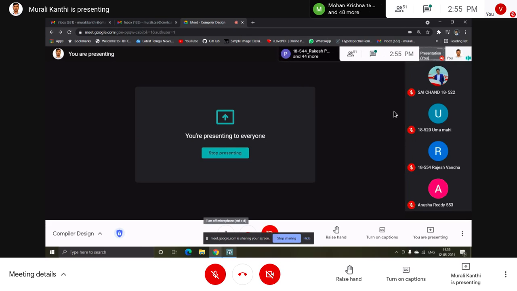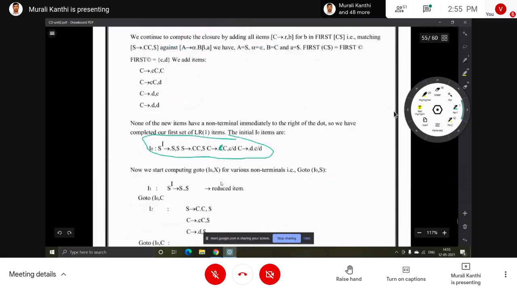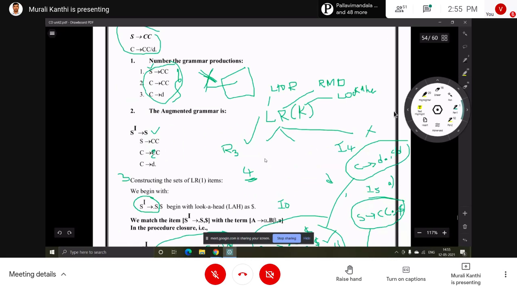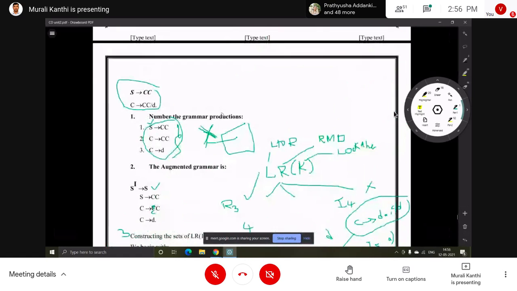I request you to construct the SLR parsing table for this grammar. In SLR you will get only a few states, whereas here we have I0 to I9. In SLR we will get, I think, 6 or 7 states only.